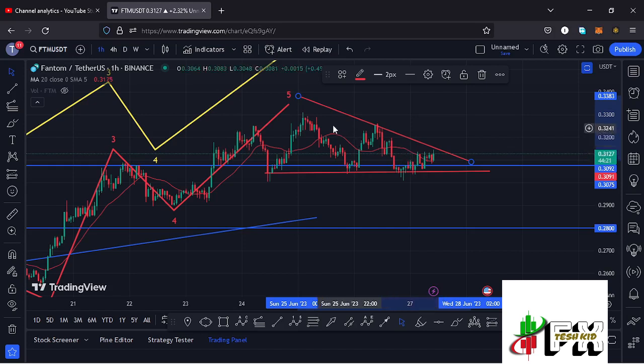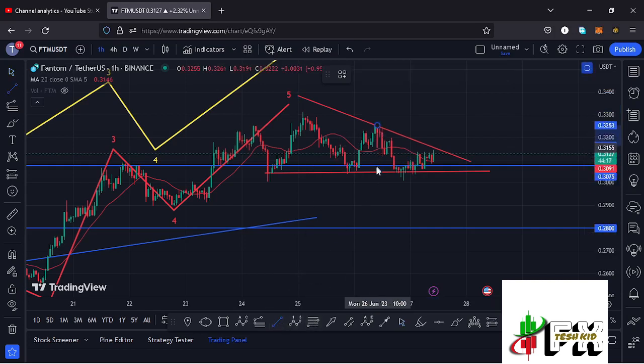The minimum target areas for the breakout can be given by the height of the triangle, which we can get using a trend line, then place it above the area where we are expecting the breakout, that is above the apex, and that gives me a possible target at around the $0.3356 mark. In the worst case scenario, in case the breakdown is to the lower side, then we can expect a bit of a pullback to the area at around the